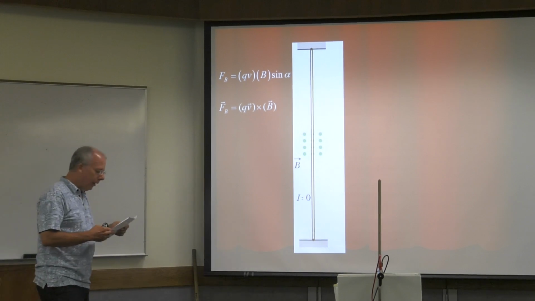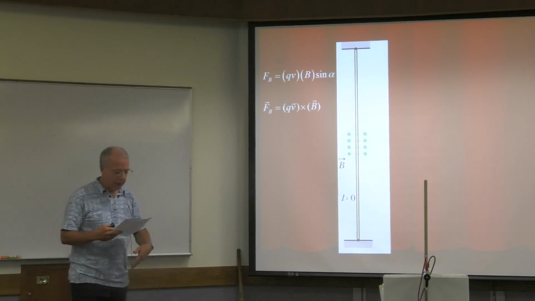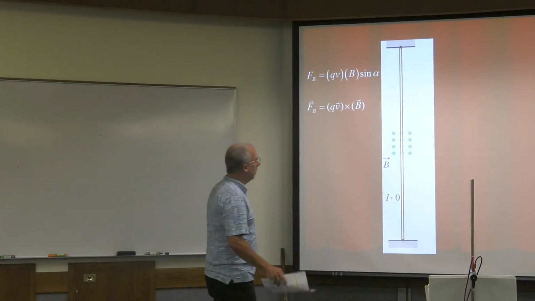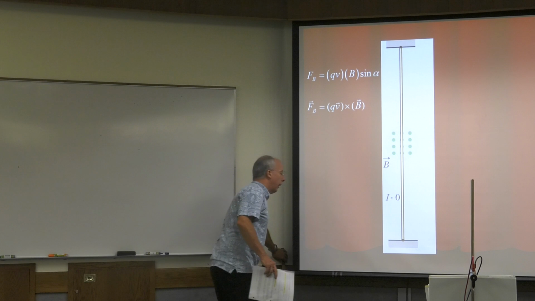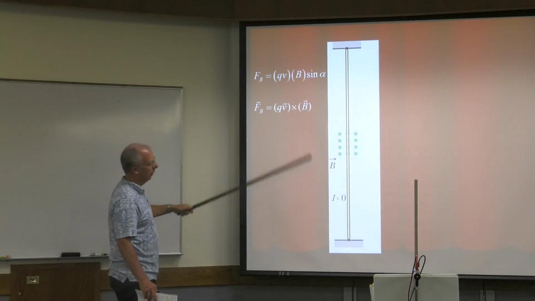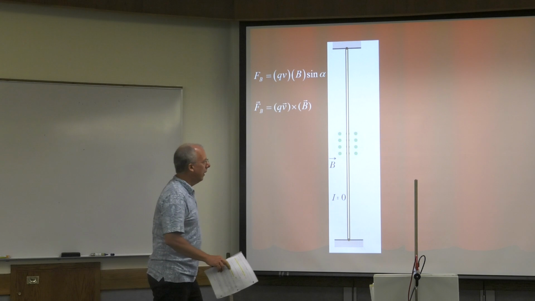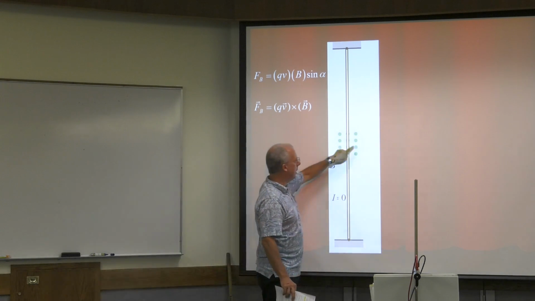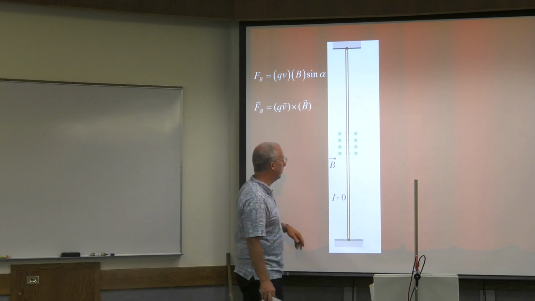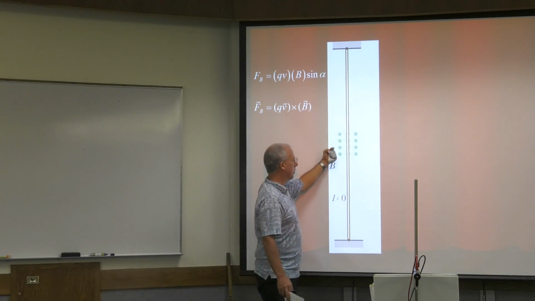Okay, so now we want to talk more about these magnetic forces on wires. Here are the two equations. This gives you the magnitude. This gives you the direction. So here we go. This is an external B field. We don't know what causes it. We don't care. All we know is there's an external B field, and it circles, so it's pointing out at